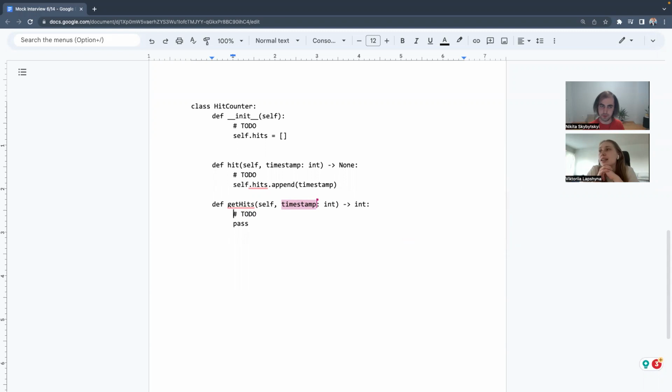Yeah, just to clarify, the interval you're looking for looks like this. Yeah. So the right endpoint is included, but the left one is not, just in case. Okay.